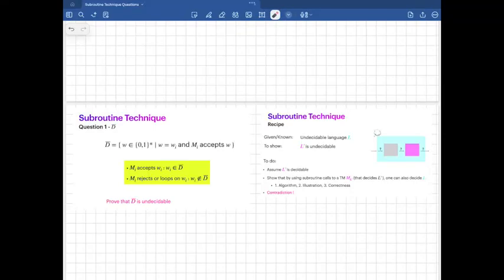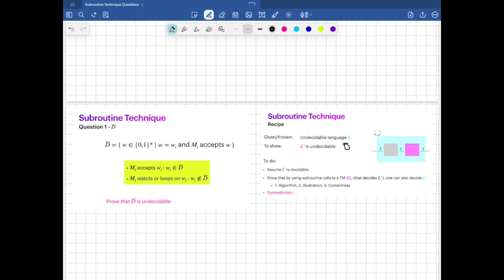Now let's see the subroutine technique in action. The goal is to prove that the complement is undecidable. We have our recipe here one more time. So here, L prime in the recipe would be the complement, right? Then we're going to assume that the complement is decidable, and we're going to use the complement's Turing machine as a subroutine to arrive at a contradiction, and that contradiction would be